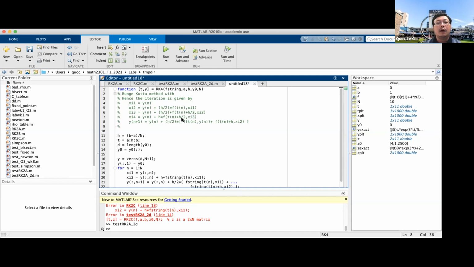And now we just have to multiply by h for the whole thing. So xi1 is already there, so 1 over 6,